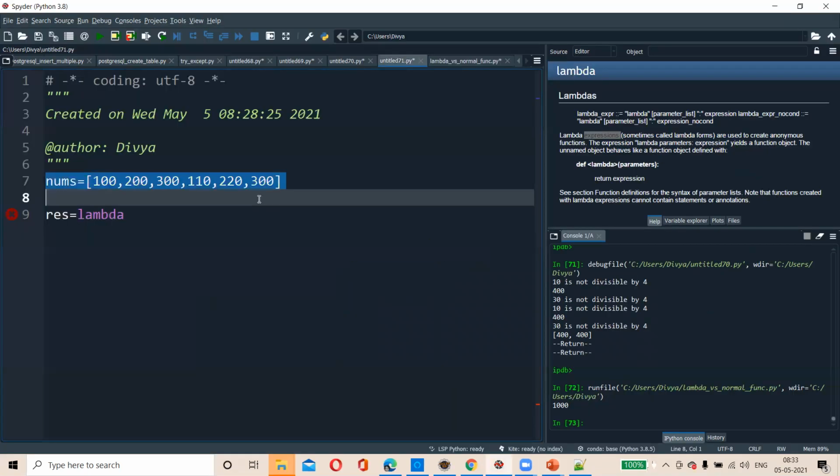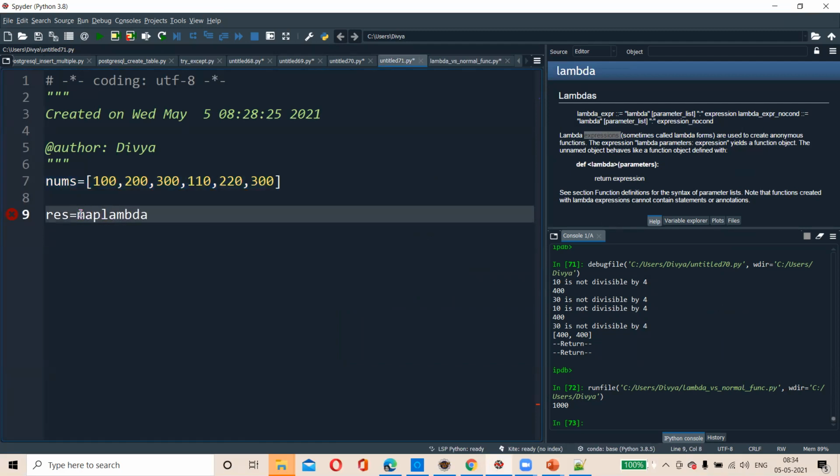In order to do this, we need to wrap it in a map, because every value should be returned and mapped to the list.